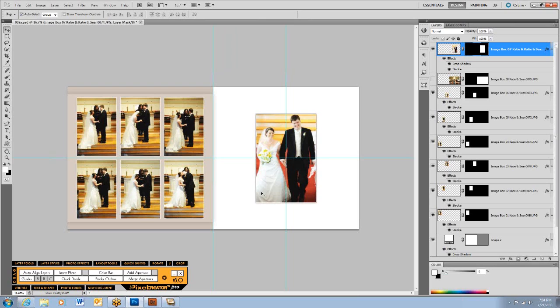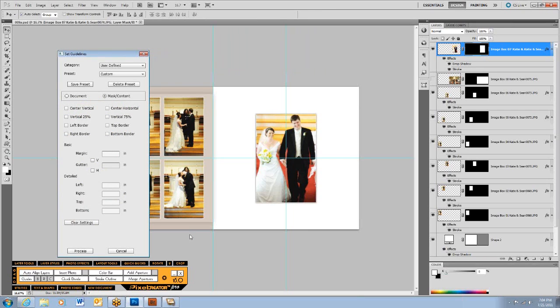Well, what I would do is this. I would come to our guide. So I have my image selected. You can see that I'm on my image layer, and I would come to my guide tool, and it's going to open up. And what we're going to do is on the left side of my image, I'm going to add a guideline,